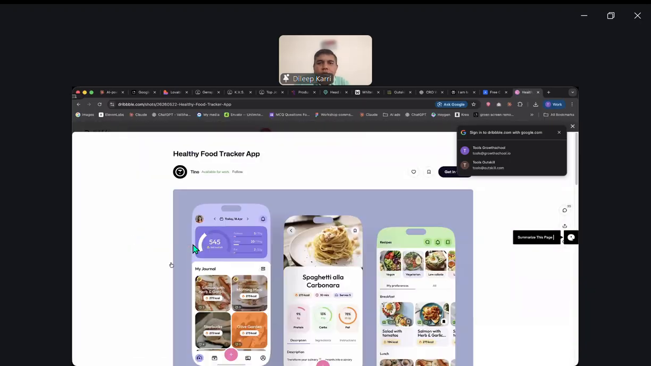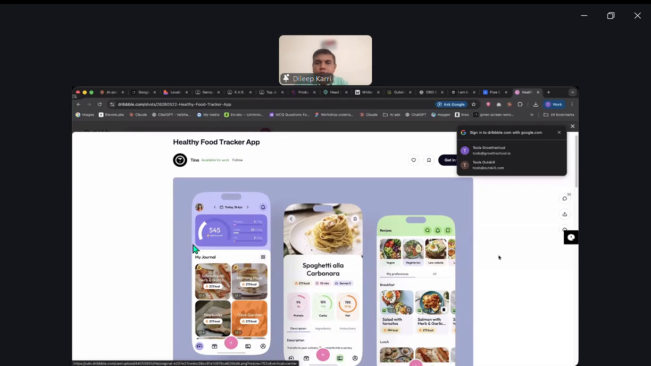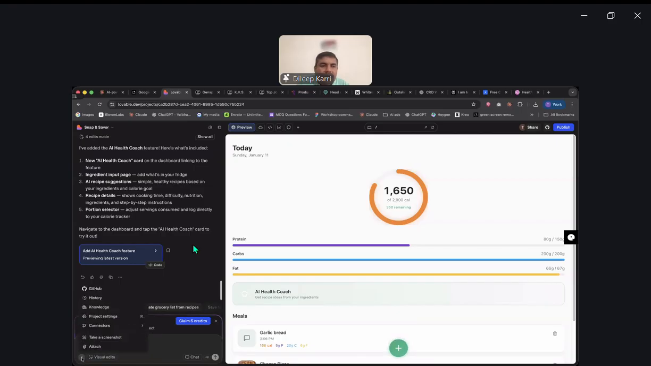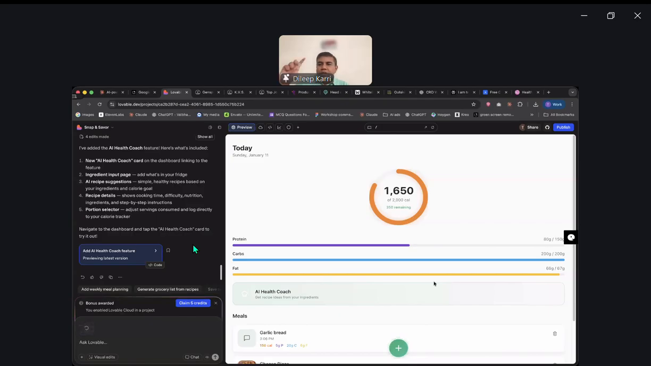Okay, so there is this food app tracker. Okay, I like this. What I'll do is I will take a screenshot of this, and I will add it to Lovable. So I'm taking a screenshot of the kind of scheme I like. I'm adding it to Lovable and I'll say,